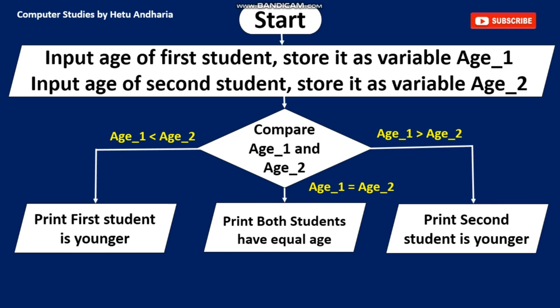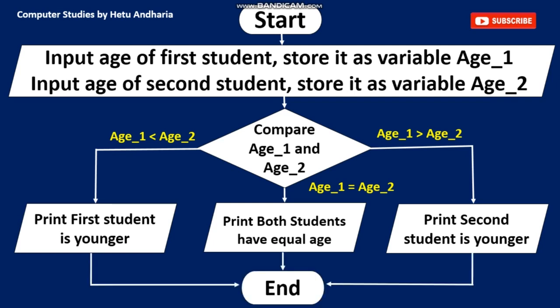Now I am going to give you the question to be solved by you, and then the flow of the program will end with the terminal symbol, and see how the arrows go. Fine. Now you have to solve a similar type of problem and then draw the flow chart of it.